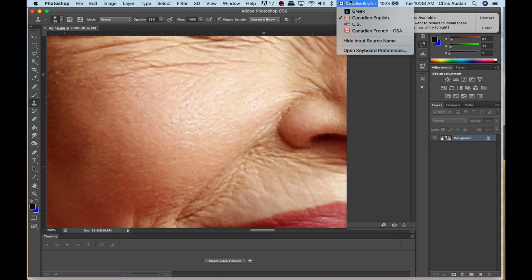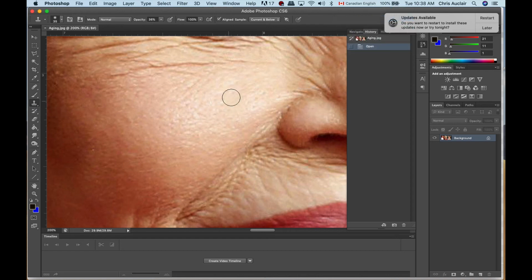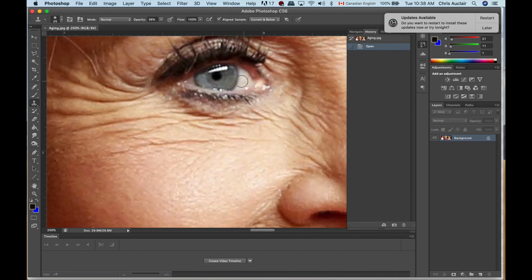So I'm going to take this. My keyboard is on English, could be American or Canadian English here. And beside the letter P, I have my open and closed brackets, which allows me, you'll notice up here, to shrink and grow my brush. Now, first I'm going to target the face with the clone tool. I hold Alt, I click. Now my clone tool, if I go anywhere, is going to grab skin from here, and if I draw a straight line,